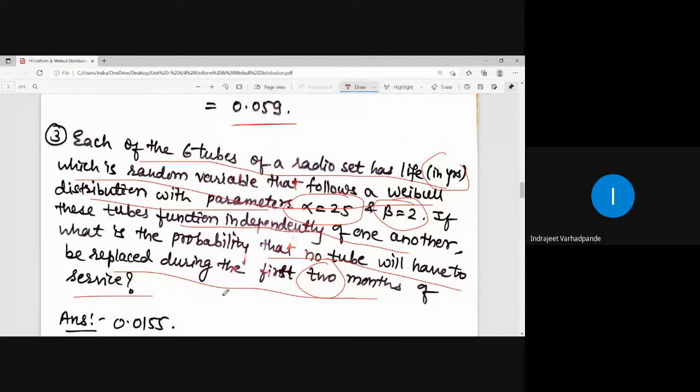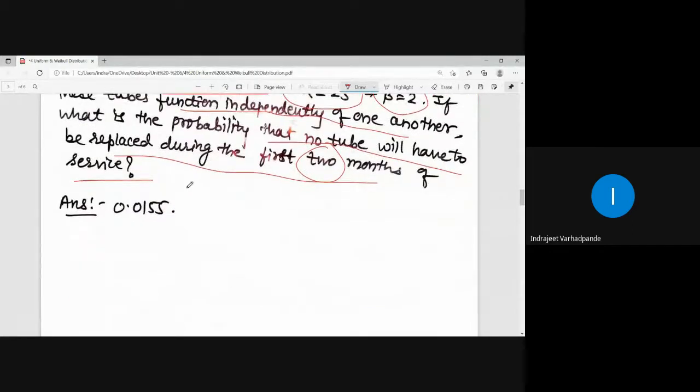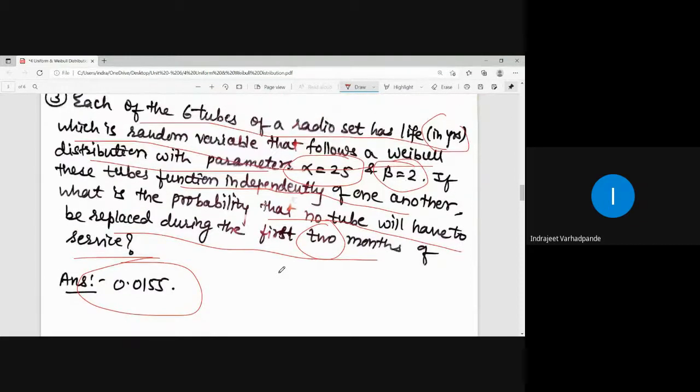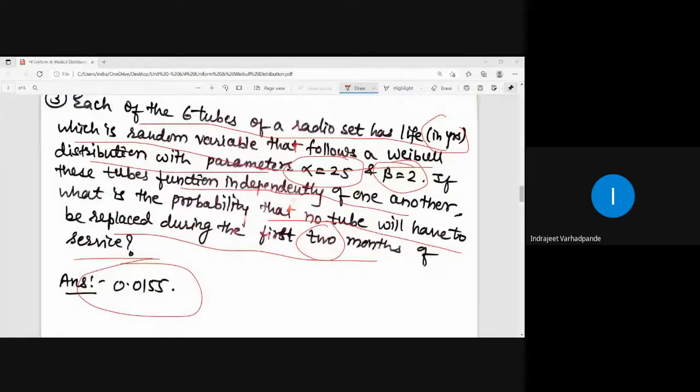Take the fraction and integrate it appropriately. Your answer should be obtained as 0.0155. So these are the examples related to the Weibull distribution, which is one of the distributions applicable for the continuous random variable, usually measuring the lifetime of the component in the various time intervals or the